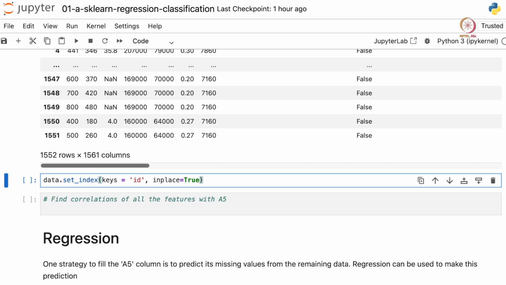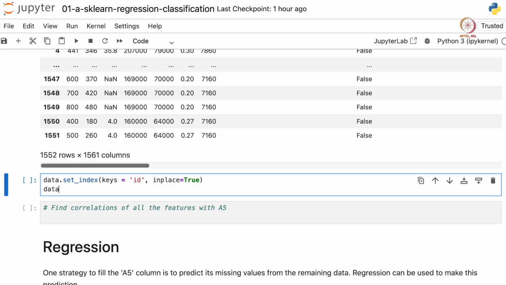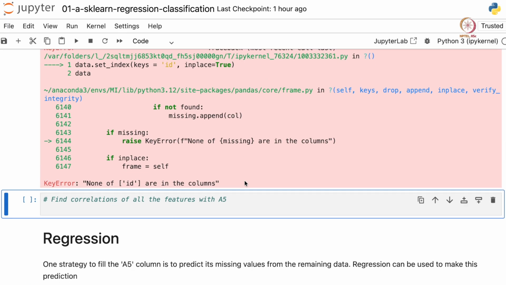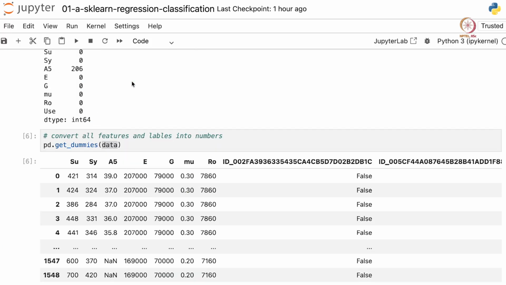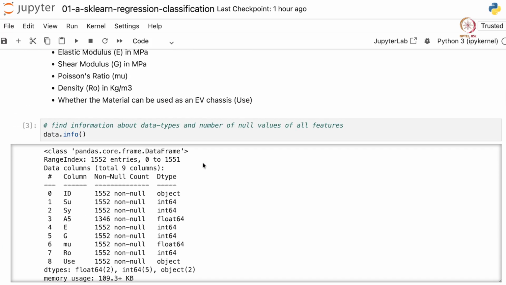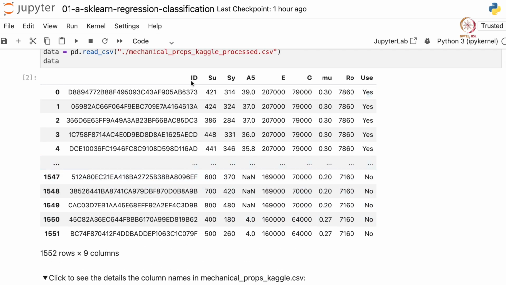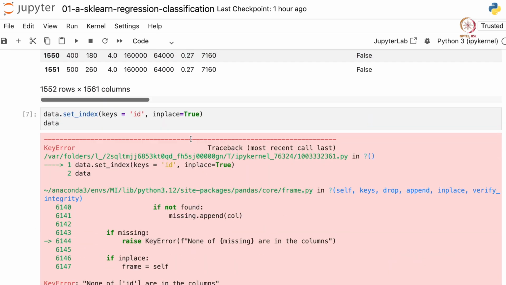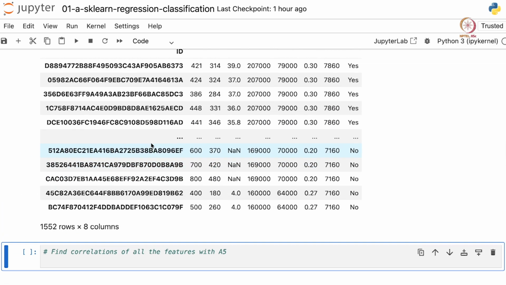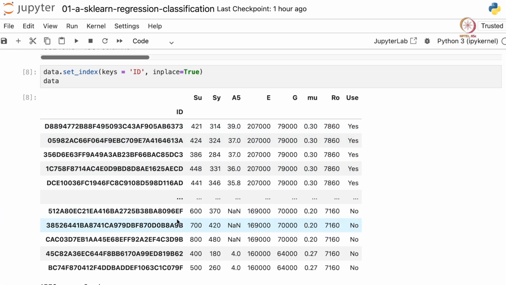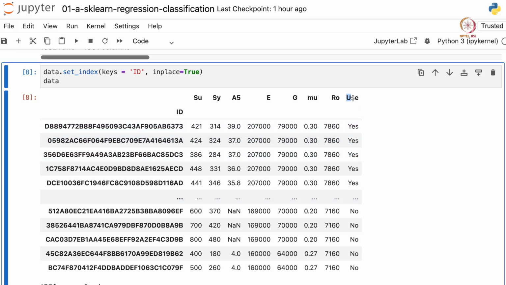That means whatever changes are made, it is made in the actual data variable, and let's print data out. Okay, so ID I think is in caps. Yes, so we need to provide the actual name of the column, it is ID, and if we run this, we see the IDs have been set as indices now,